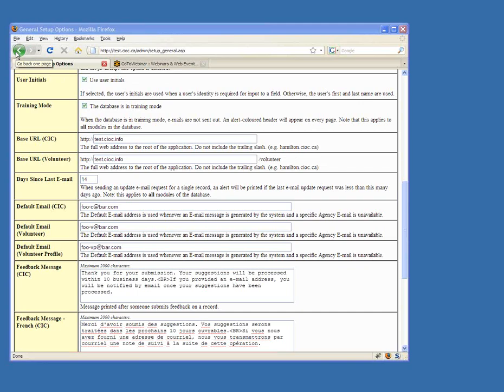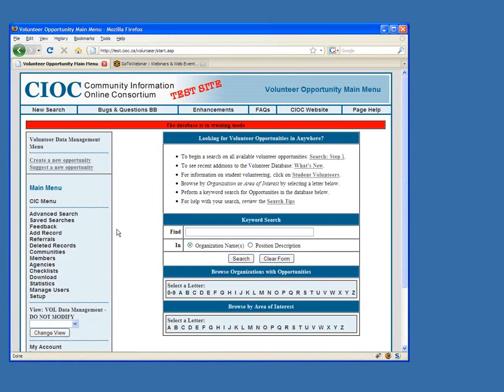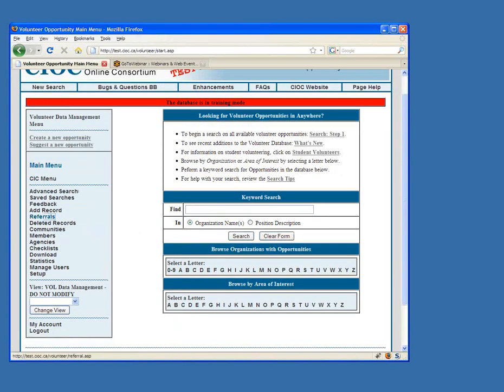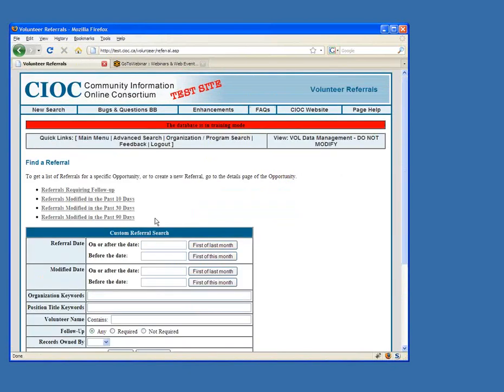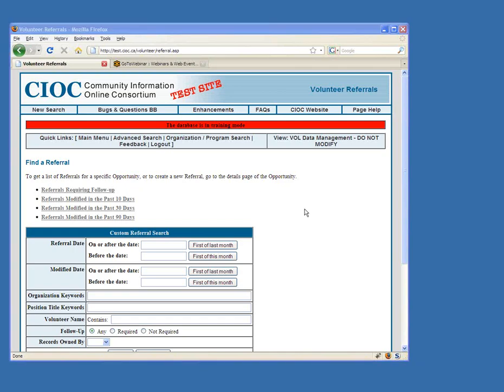Okay. The next item I'm going to cover are some changes that we've made to our volunteer referral system. And again, these are covering changes since the last training session that we had in February. If you do have any questions specifically or generally about how the referrals work, and you were not at the session in February, I can cover that now. So please do ask after I finish the new items. If you have any questions about volunteer referrals that I'm not covering, please do ask, and I will cover those as well. So the major changes that we made to the referral system since the last training